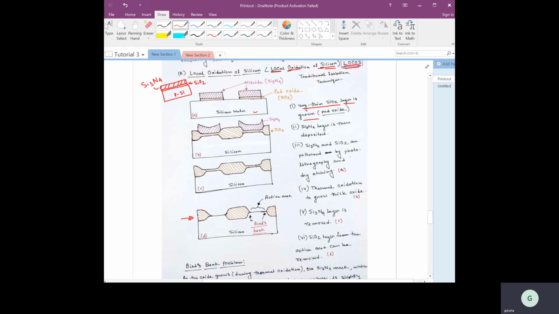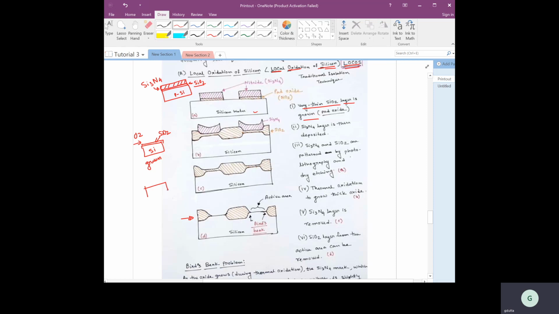Si3N4 stands for silicon nitride. So first, silicon dioxide, this is grown. Second one is deposited silicon nitride. Now what is the difference between grown and deposited? Grown means that suppose we have a silicon, we pass oxygen. This oxygen reacts with the silicon of this silicon wafer itself and forms this silicon dioxide here. That is called grown.